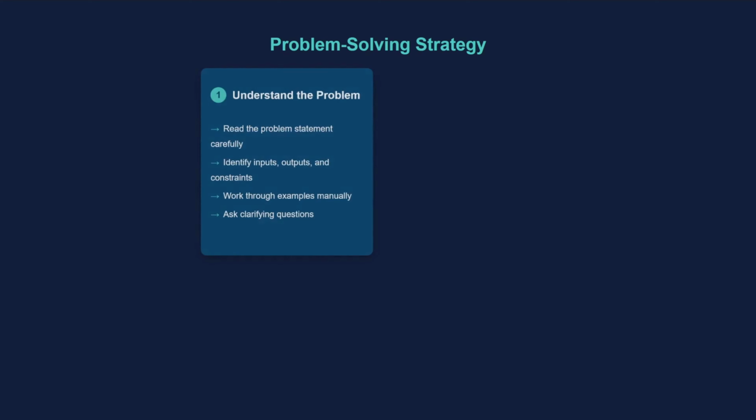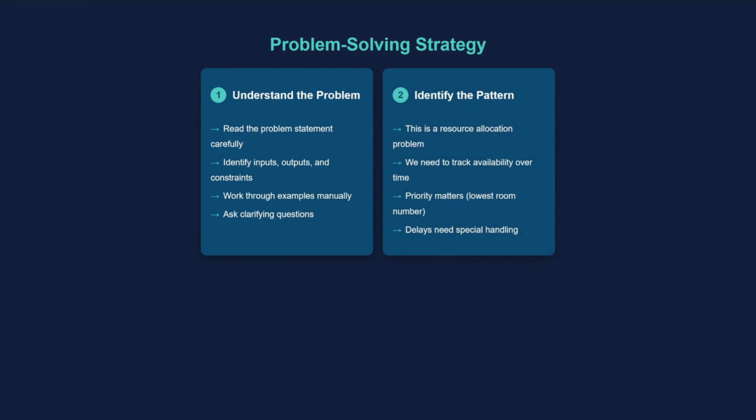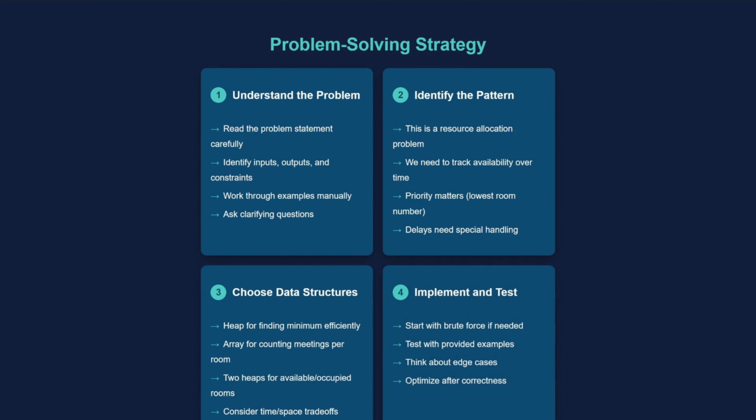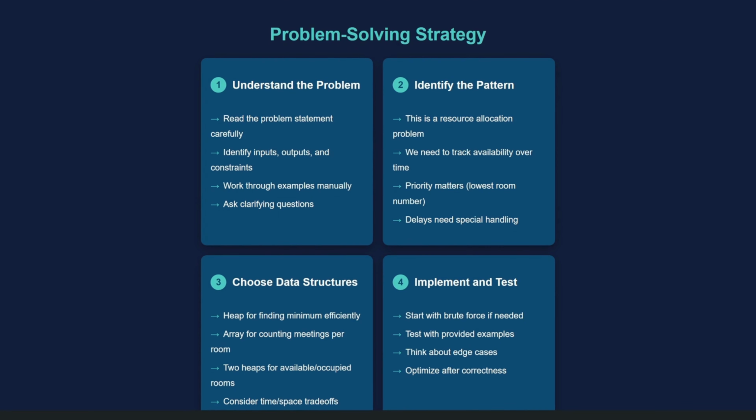Let's discuss the systematic approach to solving this problem. Step 1, understand the problem. Read carefully, identify what we're given, rooms and meetings, what we need to return, room with most meetings, work through the examples by hand, and clarify any ambiguities. Step 2, identify the pattern. Recognize this as a resource allocation problem where we track availability over time, handle priorities, lowest room number, and manage